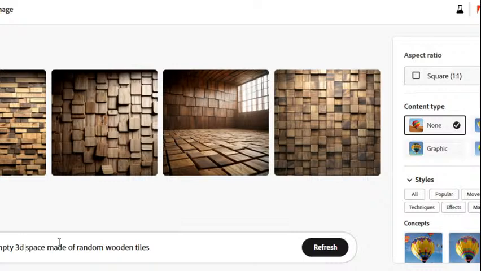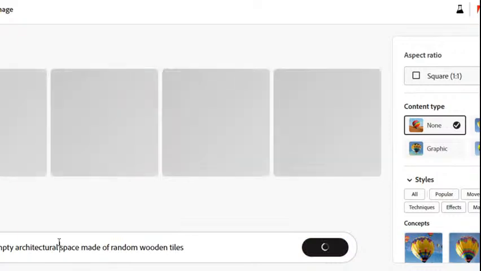It just gave me a 3D render. What about empty architectural space? Yeah, and this empty wasn't like